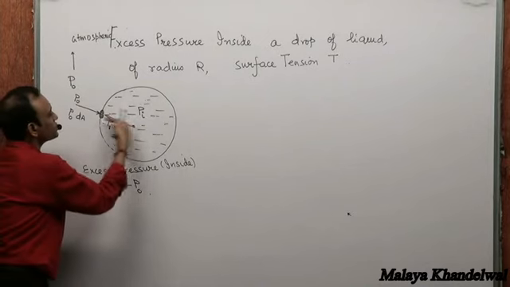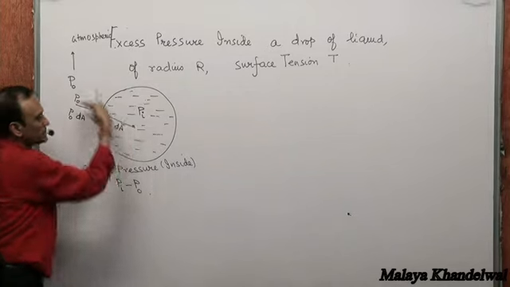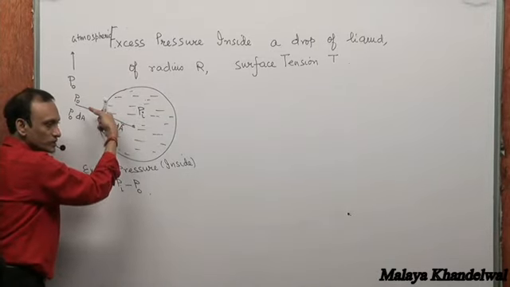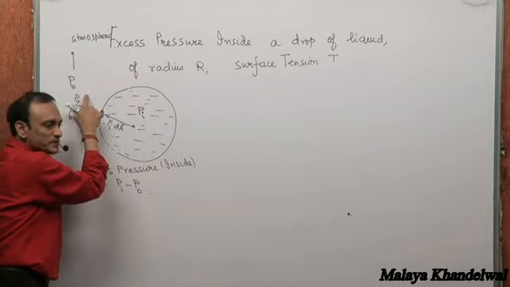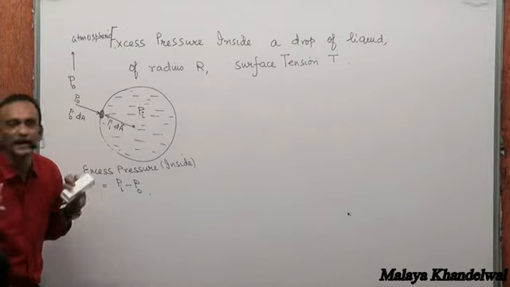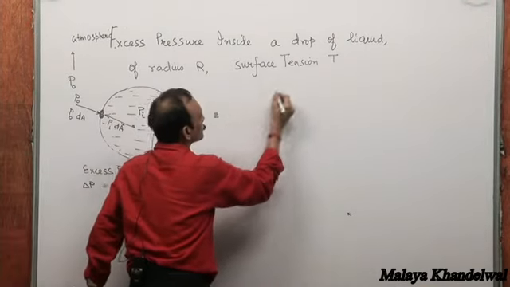So what's the net force on this element? Pi minus P naught into dA outwards. So it's as if there is no atmospheric pressure and the pressure inside is Pi minus P naught. Can I do that? So this is equivalent to saying,